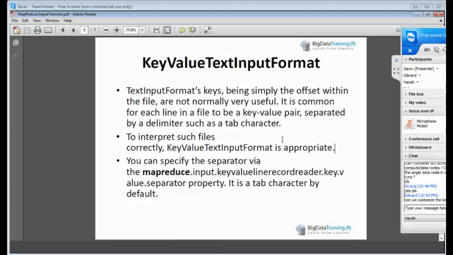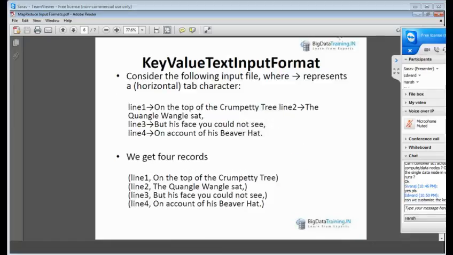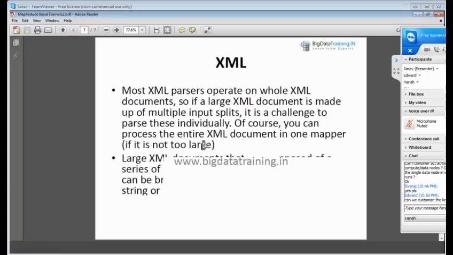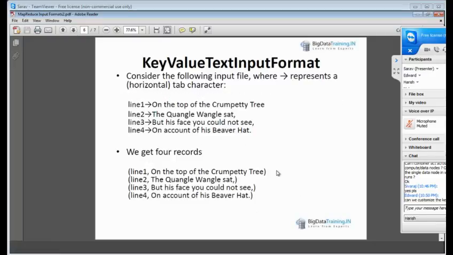So let me open this. There is a typo in that. This is how it will work out. When you use key value text input format, this is what the file looks like: some data, line 1, a tab character, and then some value. If you look clearly, line 1, line 2, line 3, line 4 would be used as the keys, and you can still use key value